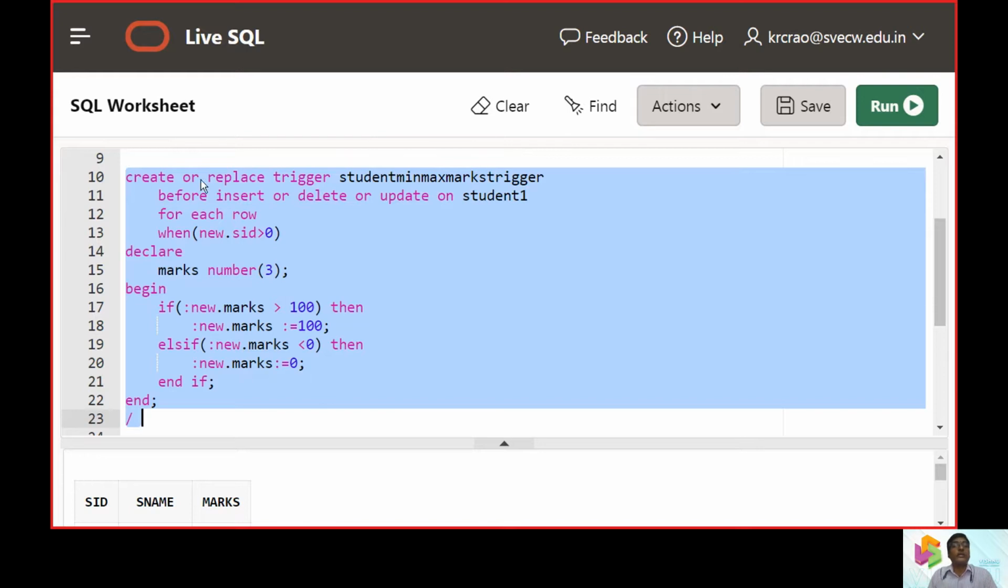So we say it is create and replace a trigger, and then the name of the trigger was student min max marks trigger, and the event is going to be fired before an insert operation, before a delete operation, or before an update operation over the name of a table. The table name was student1, and the event is going to be executed at each row, and the condition was always the student ID should be